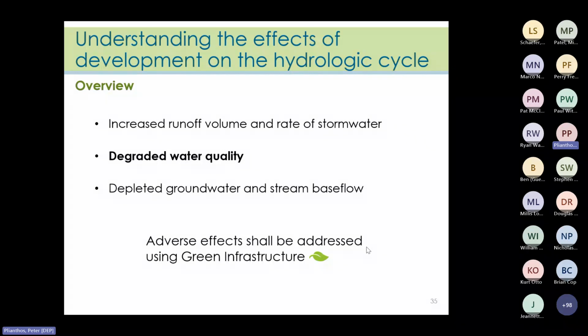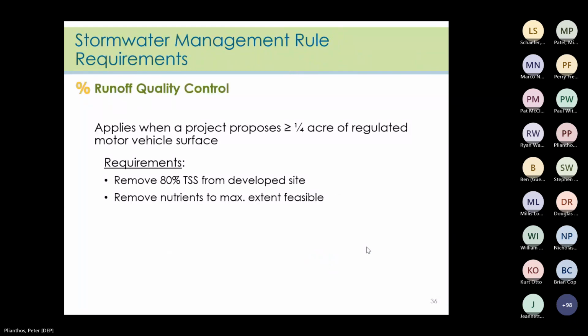Now we'll move on to the water quality standards in place. When a development proposes 1/4 acre or more of regulated motor vehicle surface, stormwater management measures for water quality control are required. Why is that? Developed sites typically do not have the surface roughness to slow down runoff. This means there generally is not enough time for any pollutants to settle out, resulting in direct discharge to water bodies. The Stormwater Rule includes design and performance standards for water quality best management practices, or BMPs, and the rule